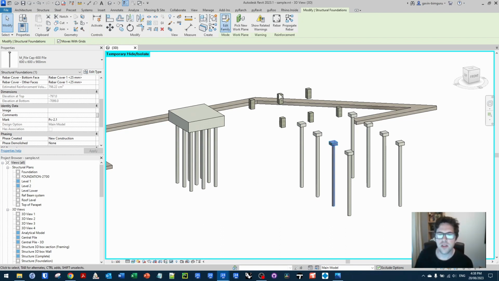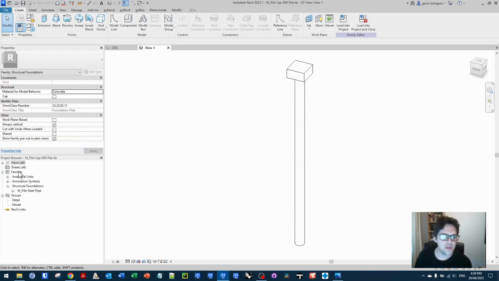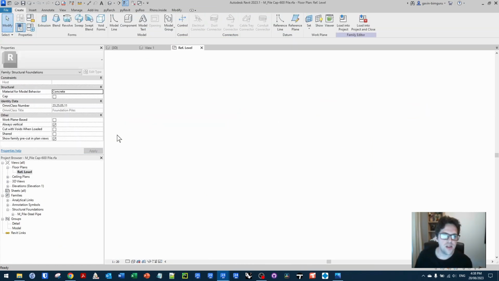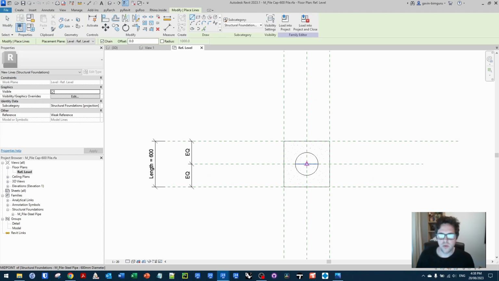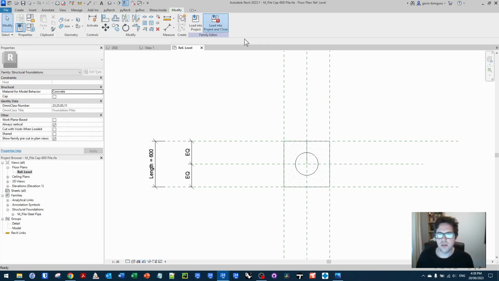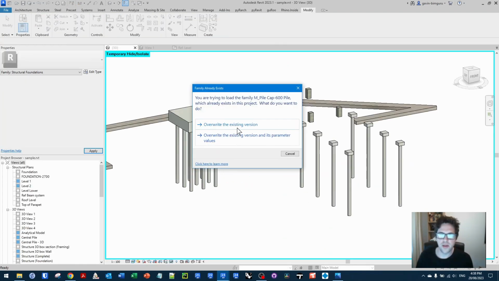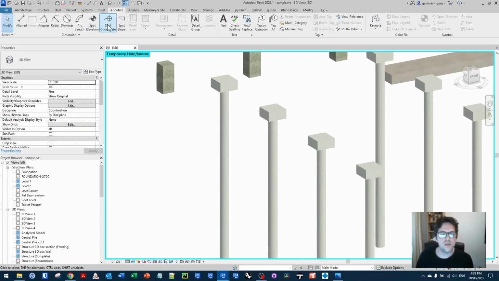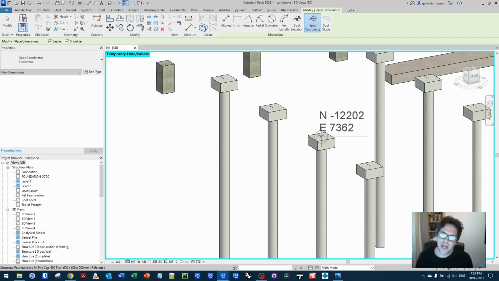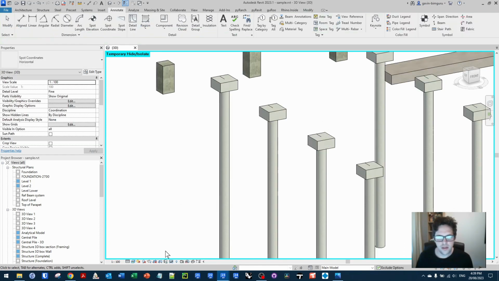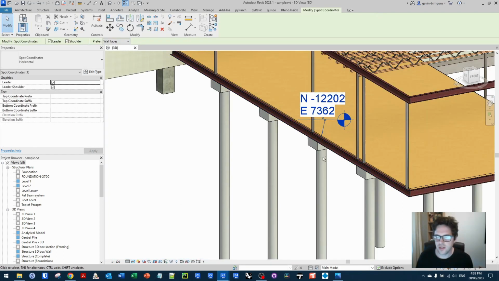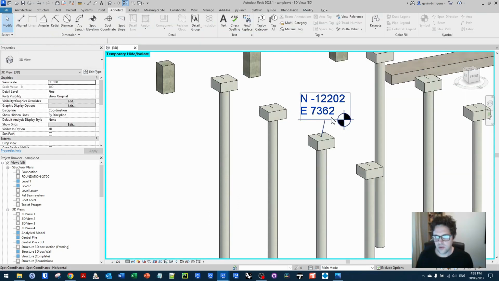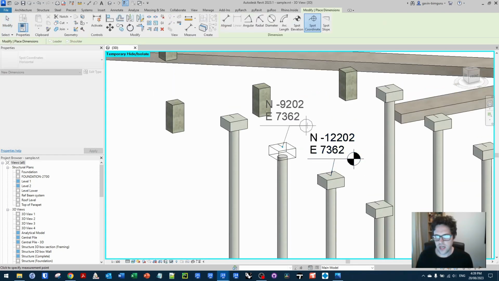So in this case, I'm just going to edit this family just to give myself a point I can snap to, just to indicate the points we're going to try and get real world coordinates of. I'm just going to put a line in the family for now, just a 3D model line. And in this case, we're going to be capturing the point here. So what I'm going to do is just isolate these two, and effectively we're trying to capture these coordinates